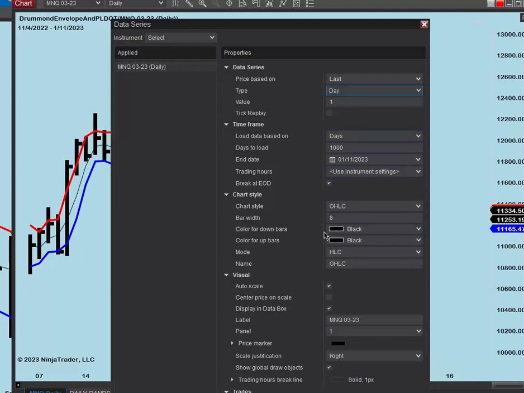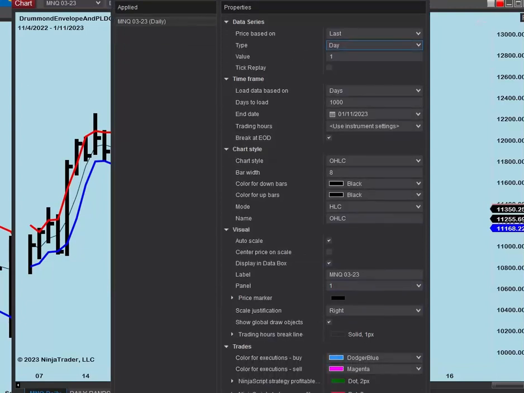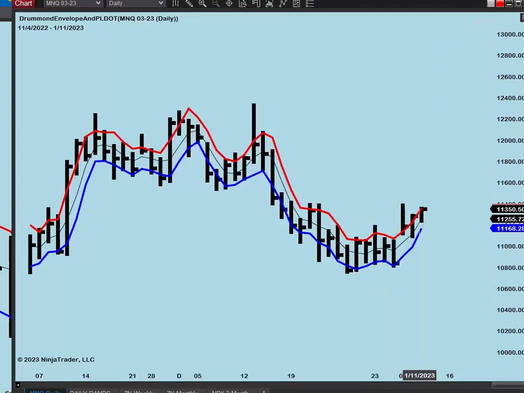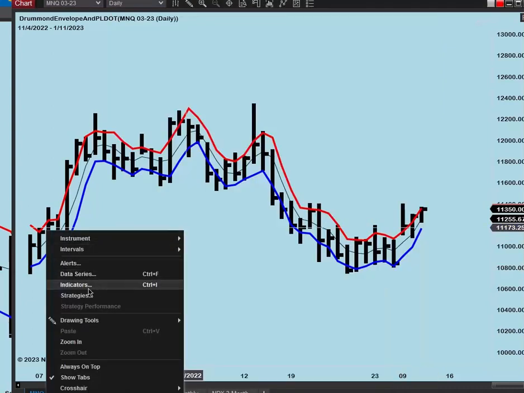For Drummond work, we often use open, high, low, close, and then mode of high, low, close. This chart is set to an 8-bar thickness. You can make it more thick or less thick. You can have up and down bars and so forth. So this is how this is set up for your most basic chart. And if we apply this and say OK, and then go look at the indicators that are on here,